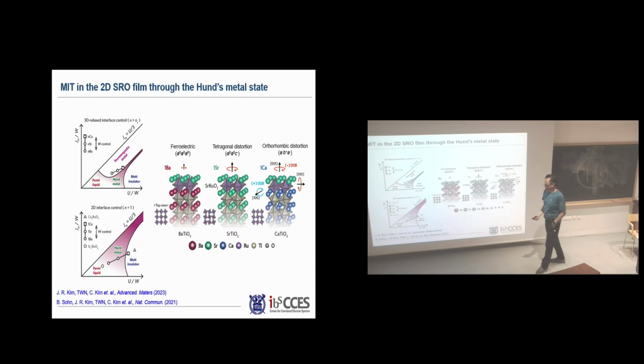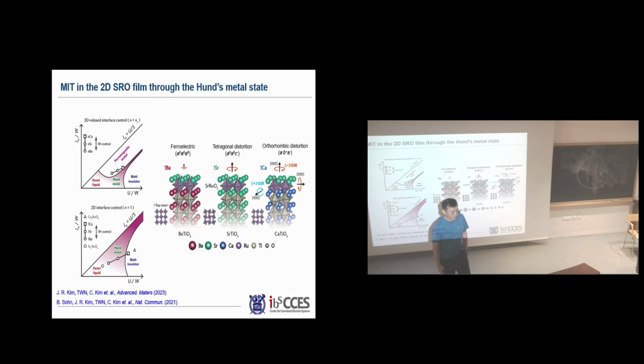But by controlling this factor, we make this non-ferromagnetic, and you will enter this region. This is the region where we believe the state becomes highly incoherent. But unfortunately, we couldn't measure the quasi-particle density and so on at this moment, because our data is still not good enough to do all those things. So this is all indirect evidence. Yes, the signature of the Hund's metallic state will be this high incoherence.